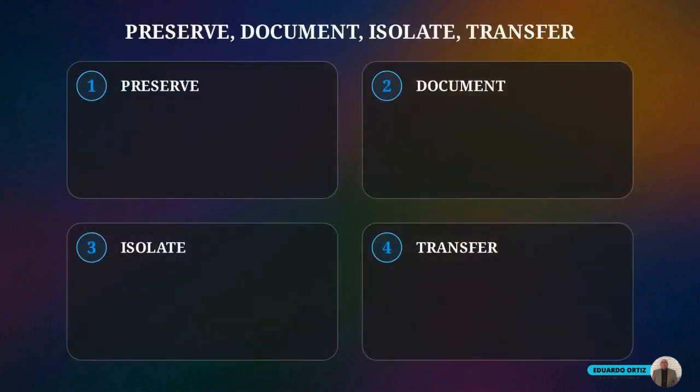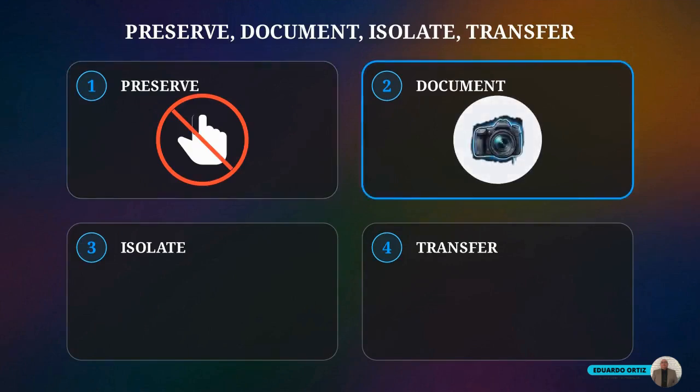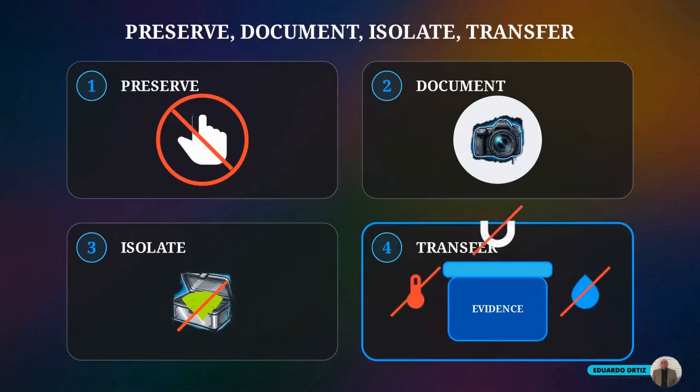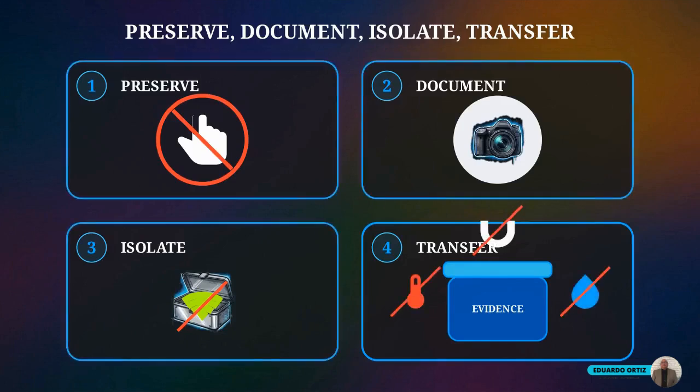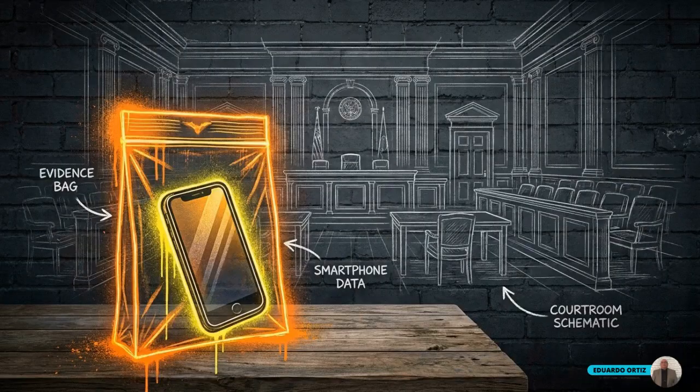Every action taken at an electronic crime scene fits into a 4-step framework. First, preserve the device state by avoiding any unnecessary swiping or searching. Second, document the scene by photographing screens, ports, and connected cables exactly as they were found. Third, isolate the hardware by blocking network signals with airplane mode or a Faraday bag. Finally, transfer the evidence safely by protecting it from heat, moisture, static, and magnets. Systematically executing these 4 steps treats raw data with the precise care of a physical fingerprint. It ensures that the digital evidence you seize in the field remains legally unassailable in the courtroom.